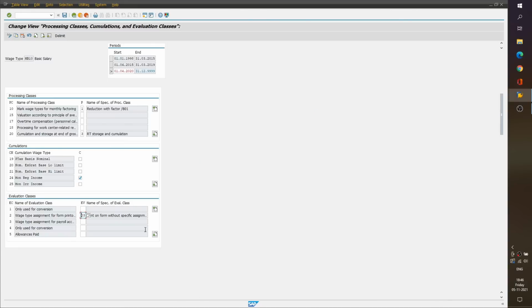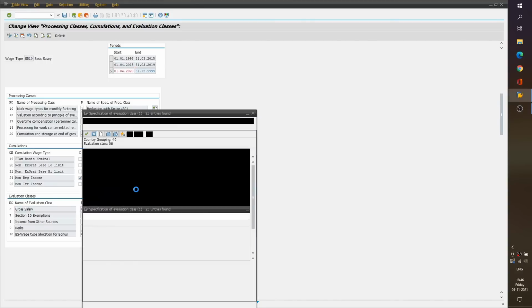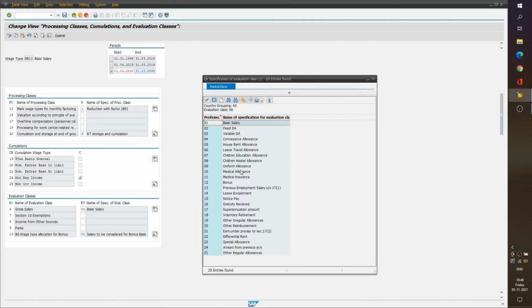Similarly, we have certain other evaluation classes, like evaluation class 6. This is reserved for Form 16 and the tax simplifier statement. These forms have totals of separate salary heads, the salary heads under which the components should be displayed.